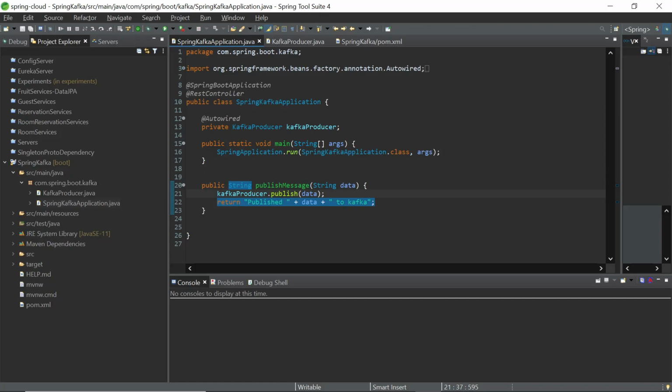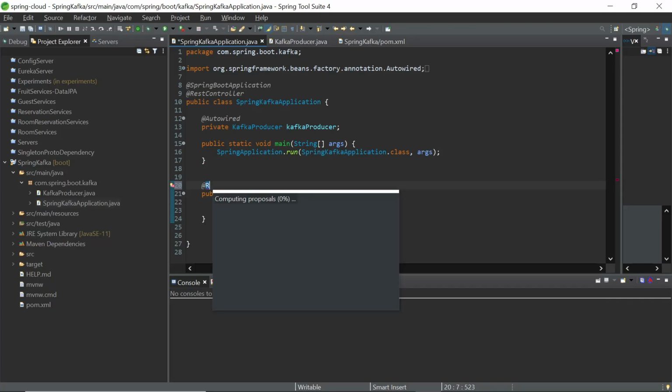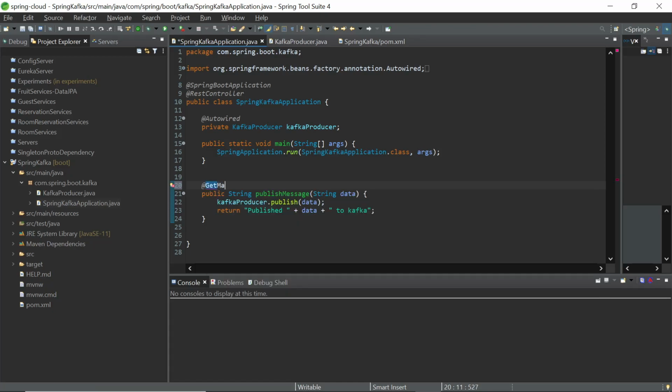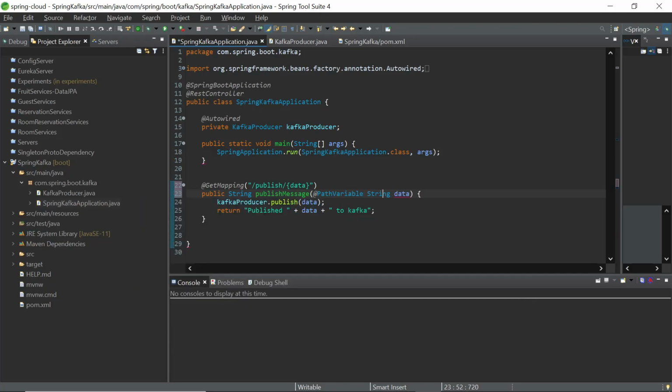So that's what we have so far. And of course we would need a, let's make it a get mapping. Okay, so that should do it.